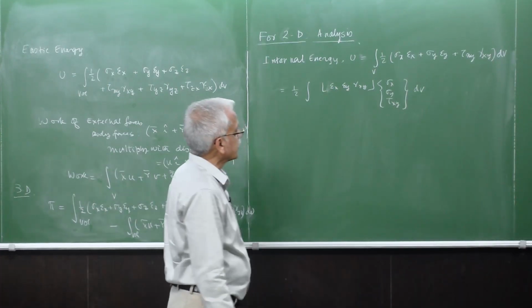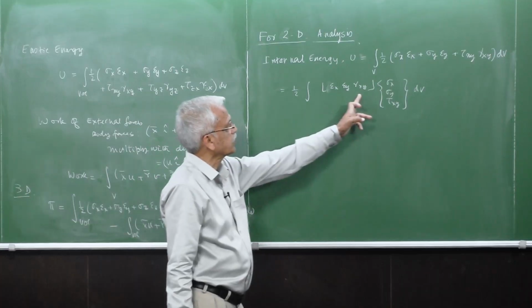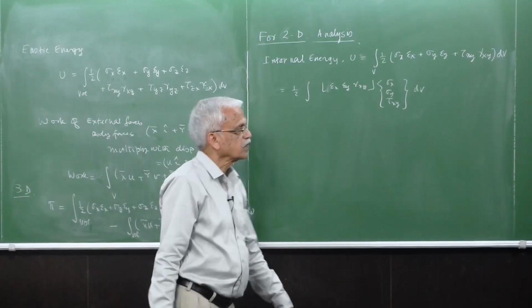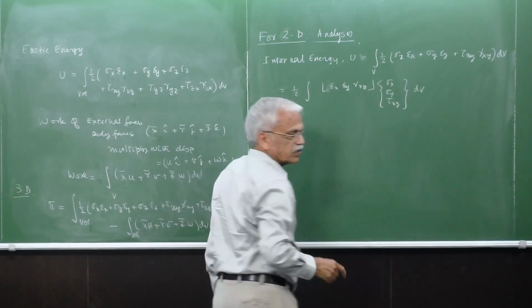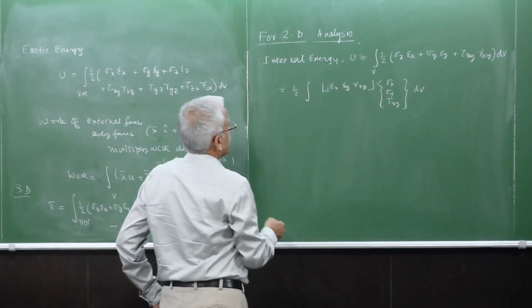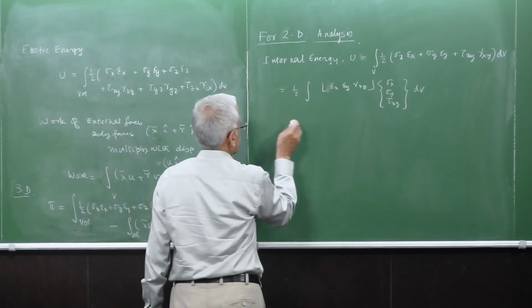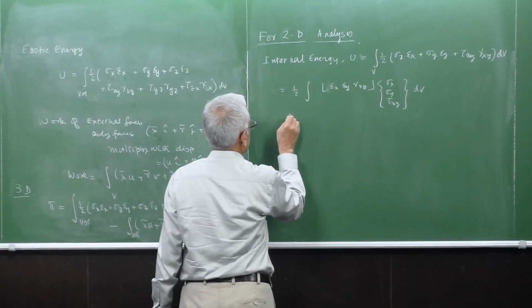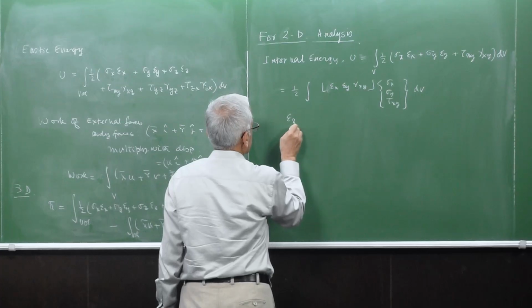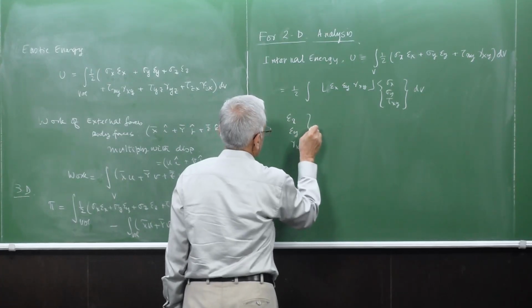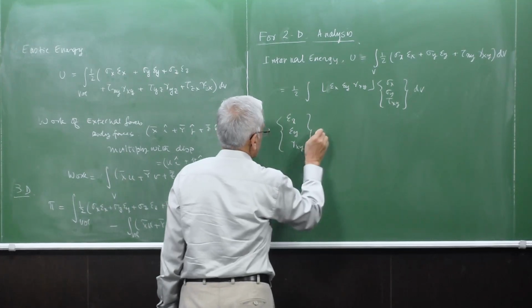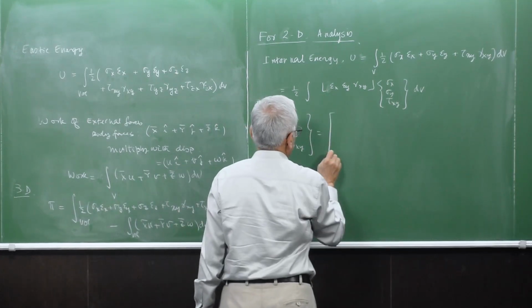Okay, we can write it in this matrix form. So this is the row and this is the vector. Multiplication will give you this product. So first of all, let's look at this one, epsilon x, epsilon y, gamma xy. So this consists of